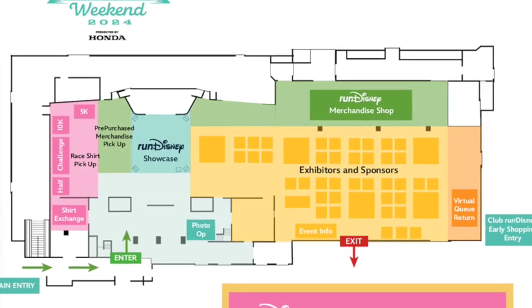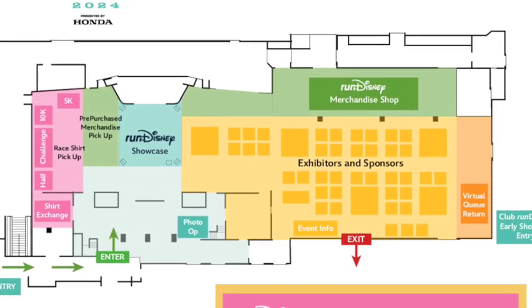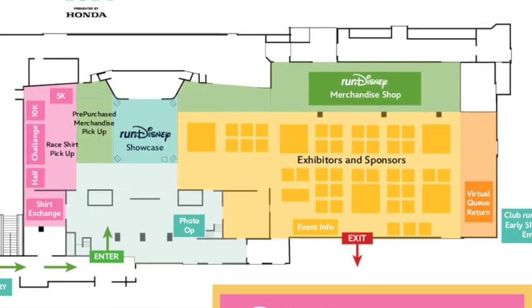Spoiler alert, it's the same ballroom where the official Run Disney merchandise, the exhibitors, the pre-purchased merchandise, and the Run Disney showcase are. So basically, bank on some serious time and money in the Magic Kingdom Ballroom. Food and beverage options for this weekend are interesting, but not in a bad way. As per the guide, here are your options for food and beverage during the expo and